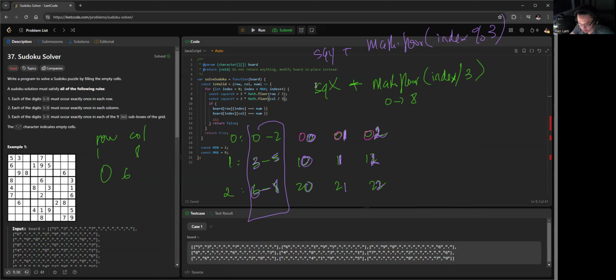And for the row, we're going to stay here 3 times, 3 times, and 3 times. So that's why we use the divide. Okay, so we can do the form of the square of x plus the Math.floor of the row divided by 3, and the column would be square y plus the Math.floor of the column,